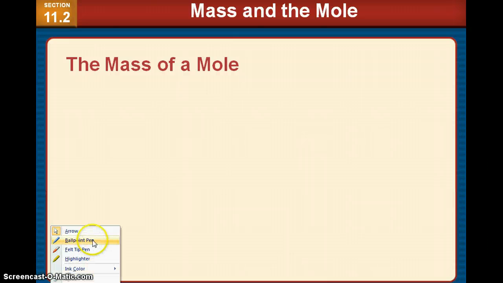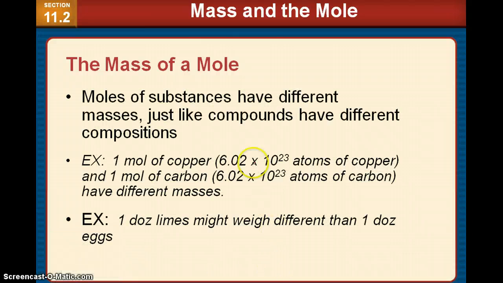So the first thing that we want to talk about is the mass. So last section we talked about how a mole is an amount of a substance. Well, moles can have different masses, just like compounds have different compositions. So think about, for example, 1 mole is just how many pieces of copper there are. So there's 6.02 times 10 to the 23rd atoms of copper. But 1 mole of carbon still has 6.02 times 10 to the 23rd atoms if I would piece them, but